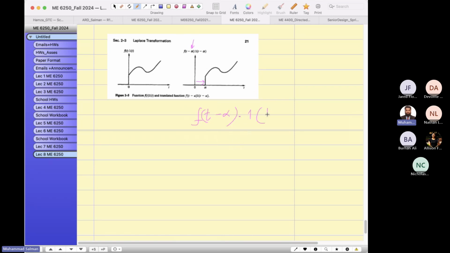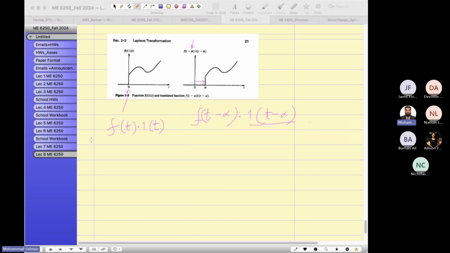So 1 of t minus alpha is telling us that it is delayed. But if it is starting right over here, so t minus 0, or 1 of t, means it is right at the origin. So in that case,